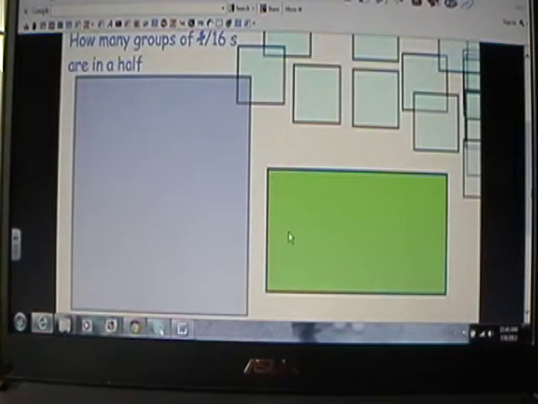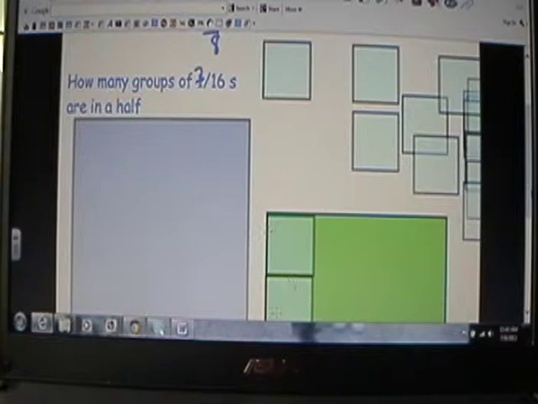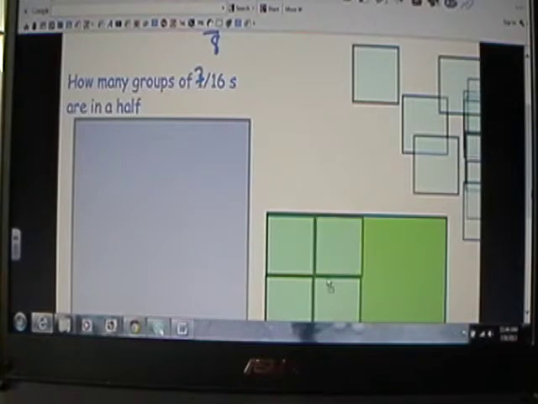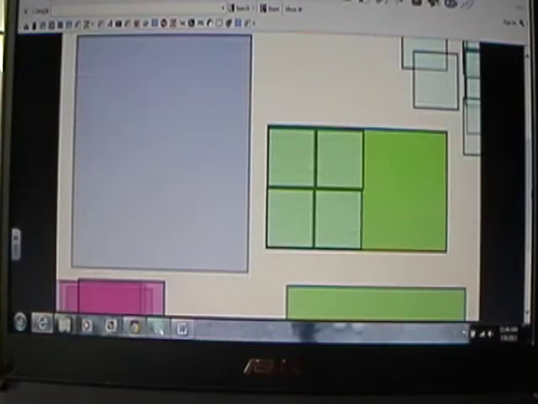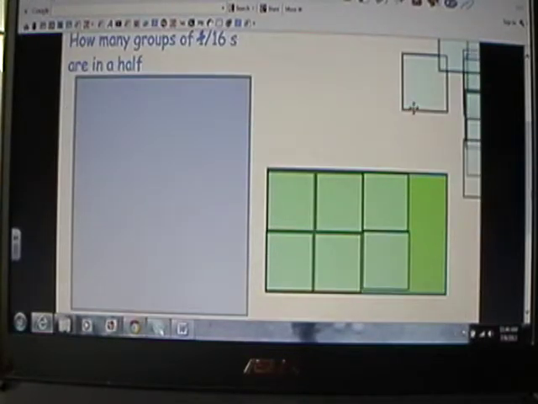Now we're going to look at 2/16, and we're going to count them as we go. There's 2/16 right there. There's one group of 2/16. Here's another group of 2/16. So there's 2. See the first one, and there's a second one. Here's the third group of 2/16. You see it right here? And then the fourth group